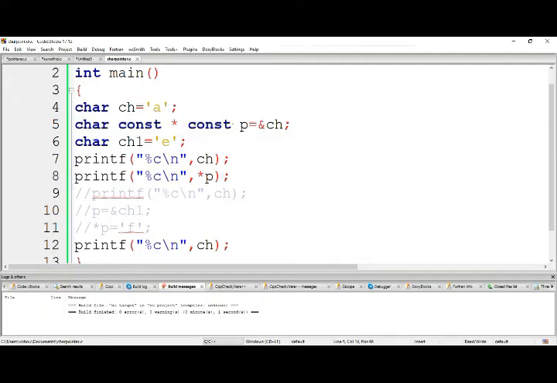If this is like this, now it is a normal pointer to a constant character. Okay, now if I place const like this and take out this one here, now it is a constant pointer to a normal character, meaning the pointer value cannot be changed, but the value that is pointed by the pointer can be changed. Okay, so this is about the differences between const char star, char star const p, and as well as char const star const p. Okay, next concept.